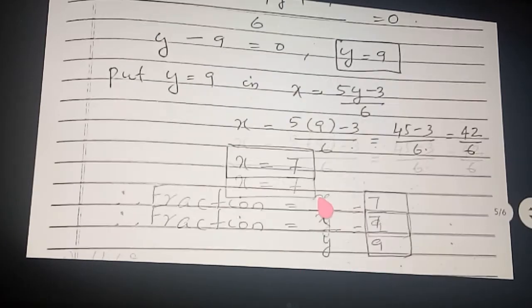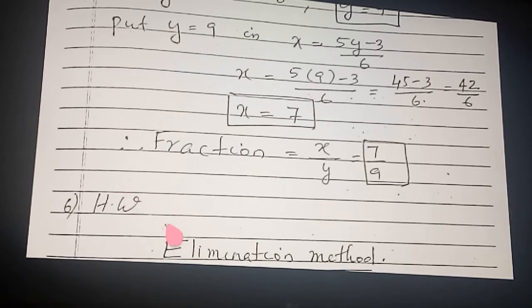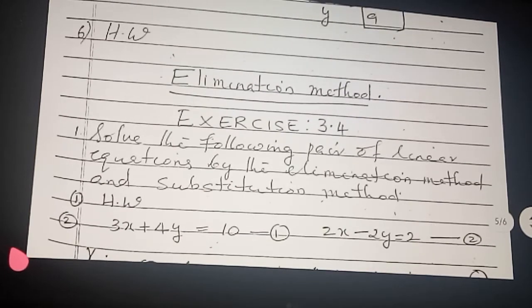Now the next sum is an age type sum. That type of sums I already explained earlier, so do it as homework. Okay? If there is a doubt, you can ask. Now the next one is the substitution method. All the sums are completed.